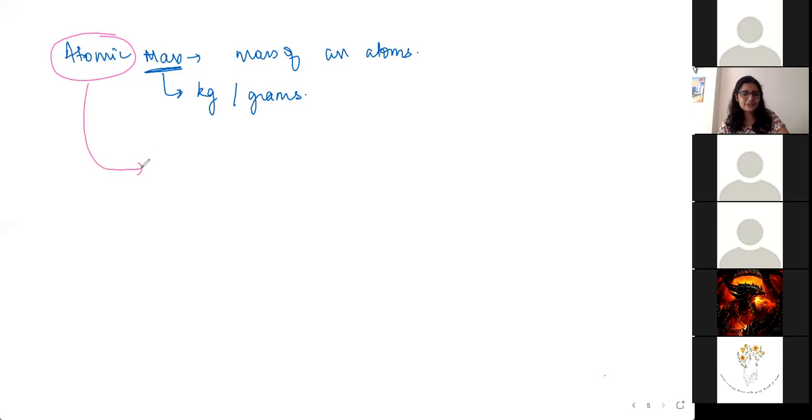So the kind of mass you're going to get, Swayam has sent nanograms, micrograms is also a lot more. Swayam has sent 0.000. Okay, I don't have the patience to count the number of zeros, but when it comes to atoms, if you want to use kg, it's going to be around 10 raised to the power minus 27. Something like 3 into 10 raised to the power minus 27 or 5 into 10 raised to the power minus 27. Those kind of values. Can you imagine how small 10 raised to the power minus 27 is?